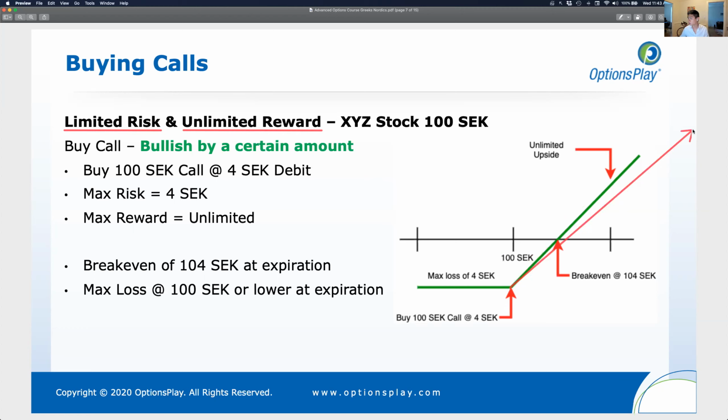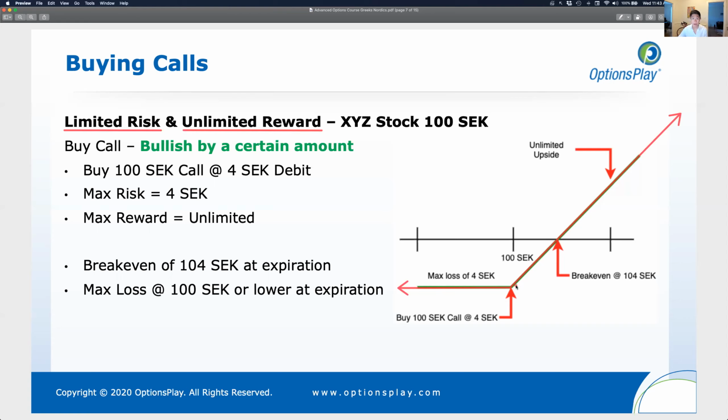That means that your potential reward on a long call or a put is unlimited. There's no limit as to how much money you can make, and you have a limited loss, so that there's always a maximum as to what you can lose when you buy a call or a put. That is the asymmetrical risk that many times investors are seeking when they're utilizing options, or is attractive about options,